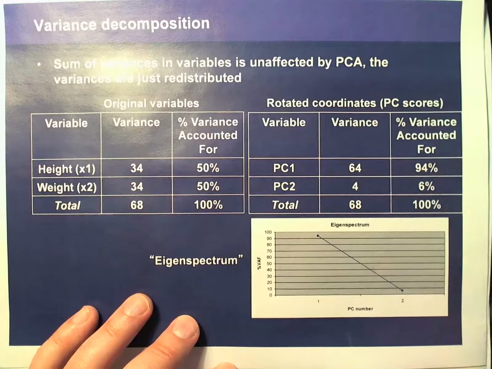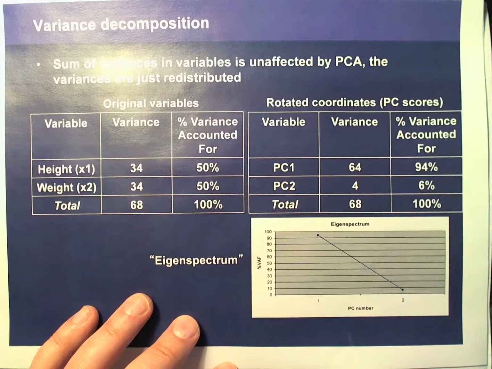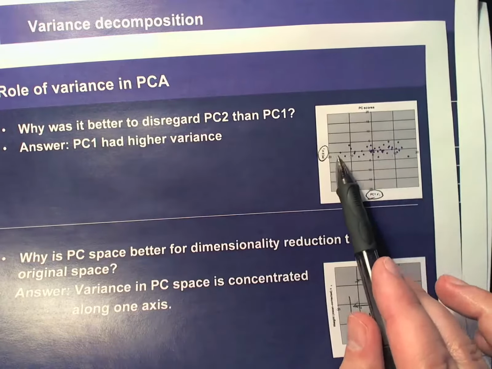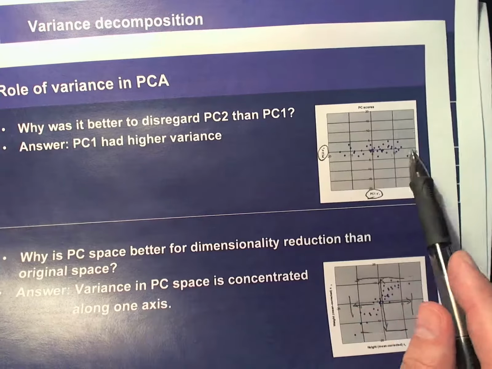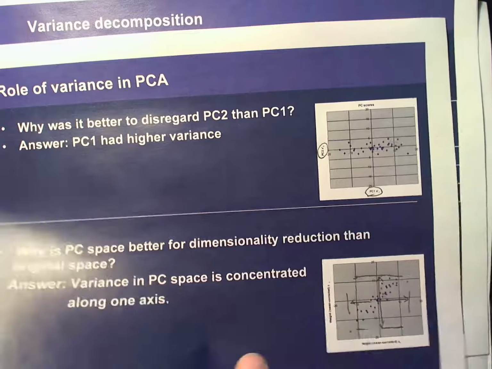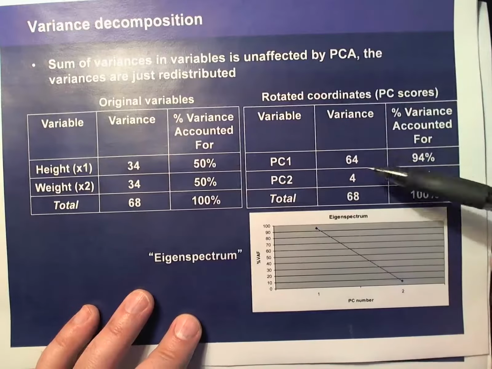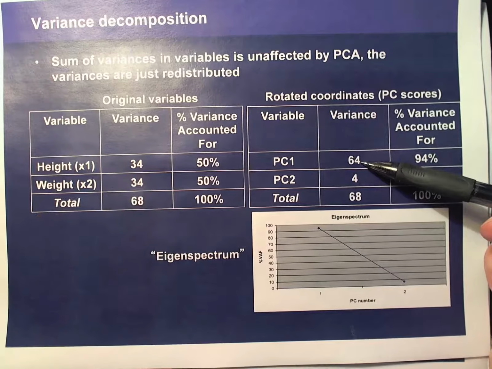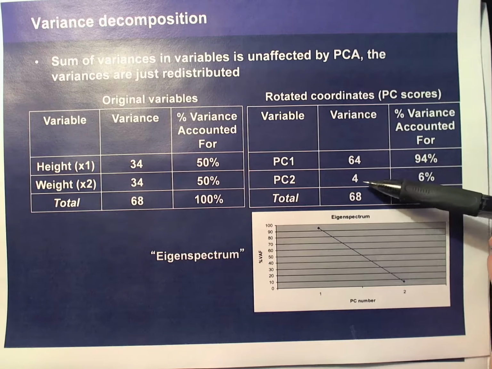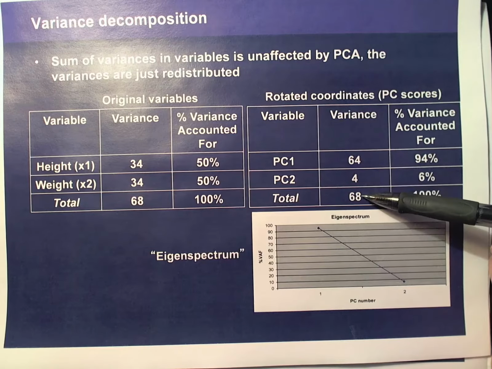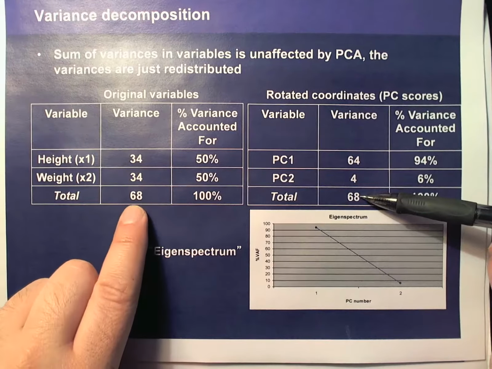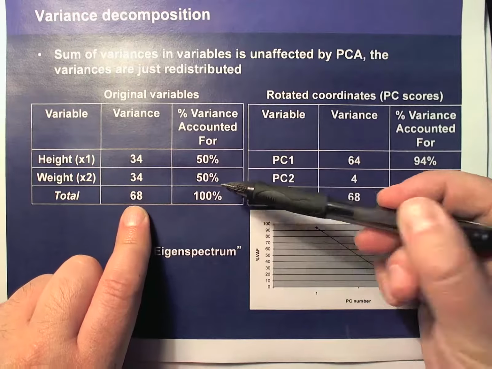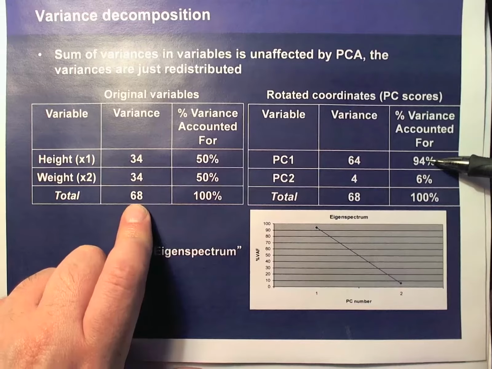In the new coordinates, you see there's even more variability here. They're going all the way from one end to another, but very little variability up and down. So now the variability, which was 34 before, is 64 along that horizontal direction, and only 4 up and down, for a total of 68. So the total remains the same, but instead of being divided 50-50 between the two numbers, it's 94% in one,